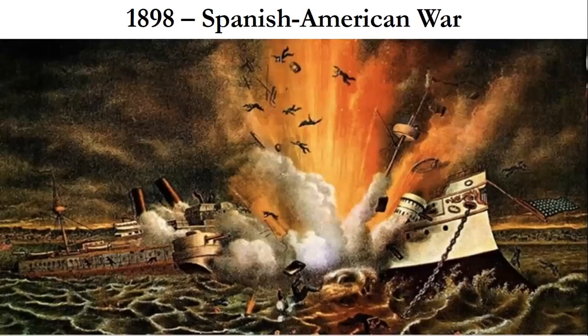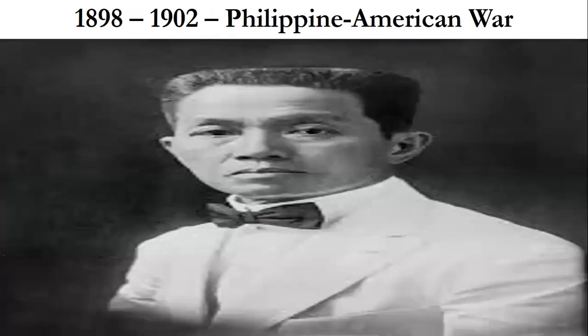1898 is the next one. It's a nice big jump. 1898 is the Spanish-American War. This was between the United States and Spain. And this really kickstarts the imperialism era of the United States because it's from the Spanish-American War that we're going to get several different places: Guam, Puerto Rico, Cuba, and then the Philippines,